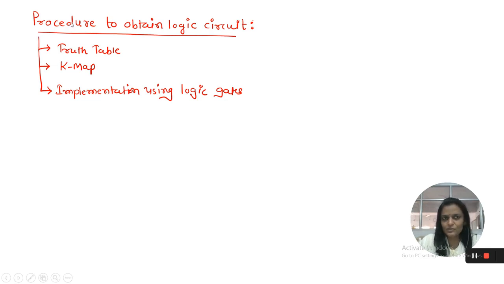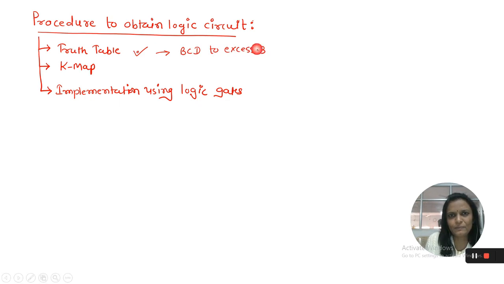The procedure to obtain the logic circuit for any code converter can be divided into three parts. First is to obtain the truth table according to the code conversion. Here our code conversion is from BCD to XS3. So first of all we will prepare the table which will give us BCD numbers to the XS3 numbers.